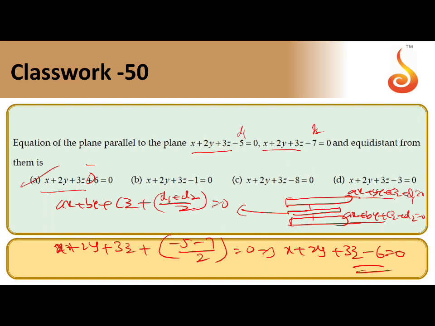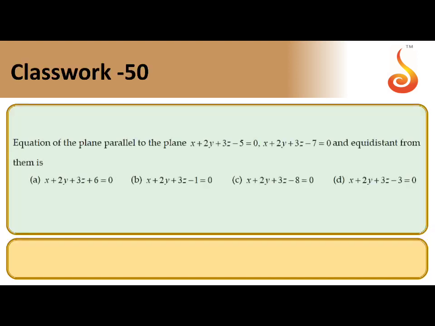Check the answer, correct or wrong. So a small correction, you can take it, this is minus. I hope that is clear now. So these are the vectors and 3D geometry problems. But don't neglect this chapter. This chapter comes with a minimum of 4 to 5 questions in the CET exam.